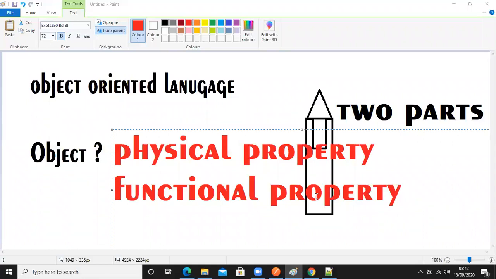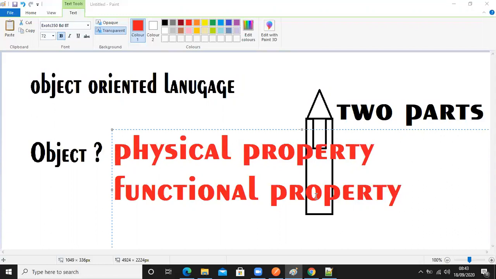There are so many functional things that you can't even see. You can't see that functional property. Any object may be functionally very good, but you can't see that function. But you can logically understand that it is doing this function. So even though the two are entirely different things, the moment we say object, we always treat them as the same. Our mind automatically mixes them and does that.